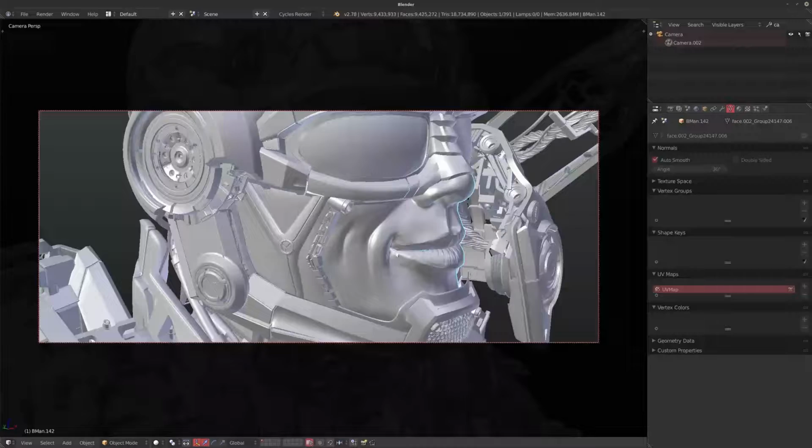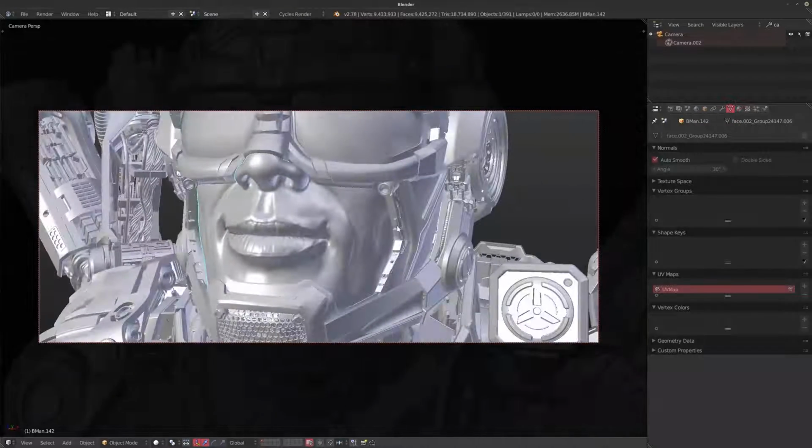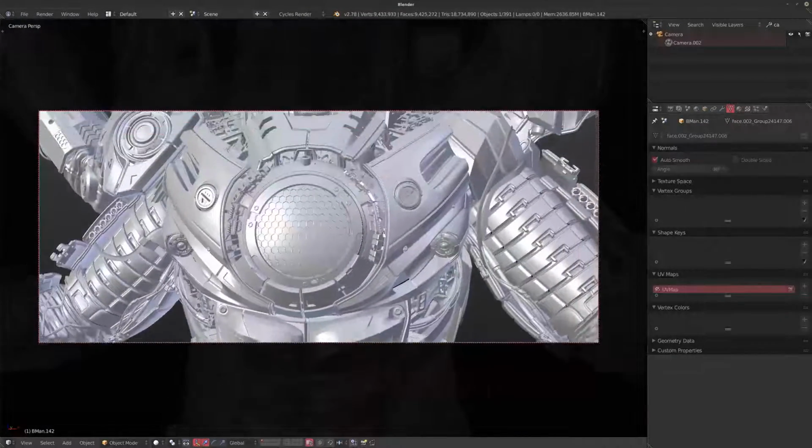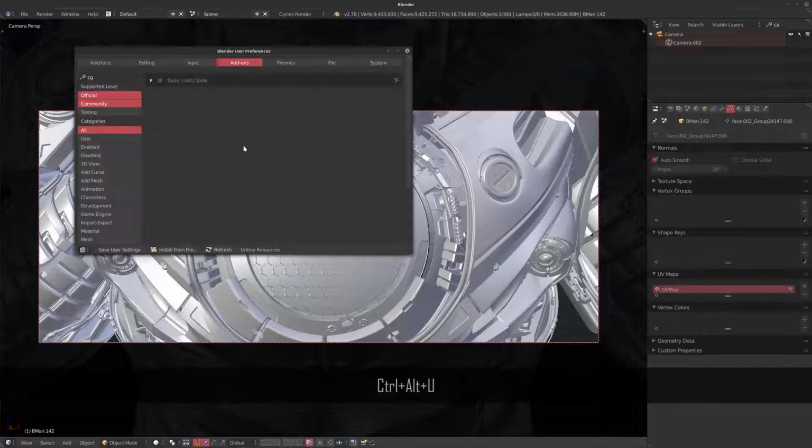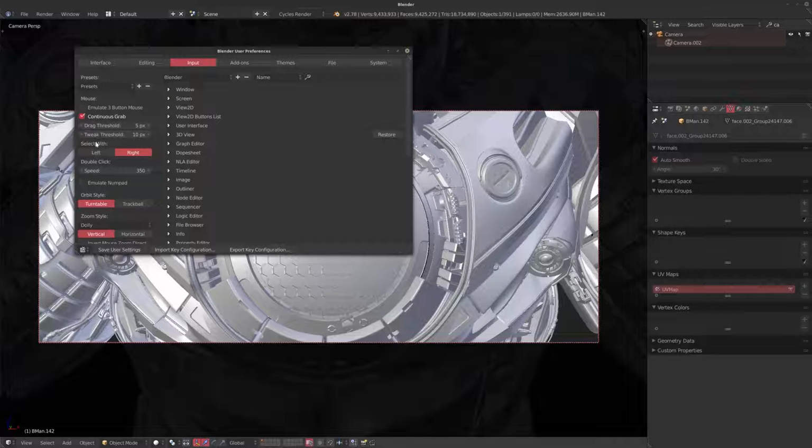Now, another thing that I've personally noticed that I like to use quite a bit is, let's say we want to have sort of this in the middle, but we want to have an off-axis shot. What do I mean by that? I don't want it all straight and straight. What I can do is if we go into the input, then we could change the orbit style to trackball.